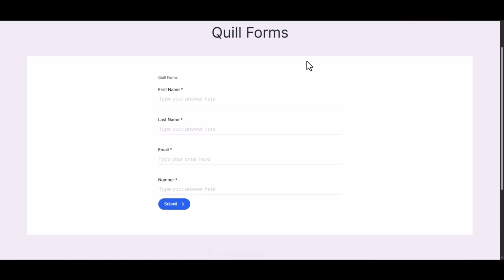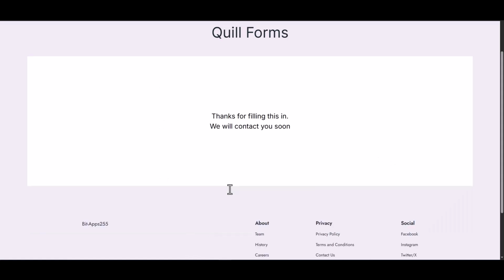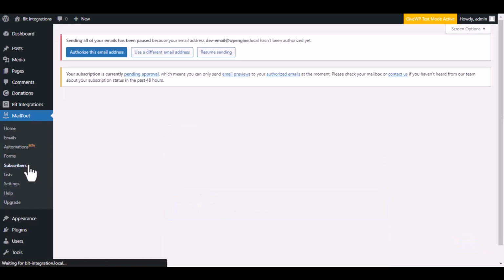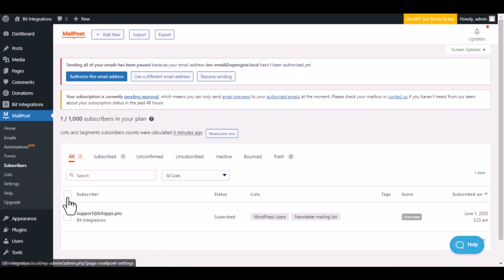Please go to your form, complete it, and submit it. Form submitted successfully. Now navigate to MailPoet. Then go to Subscribers. Here is the data that came into